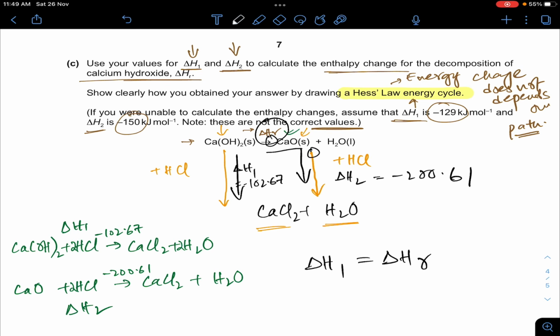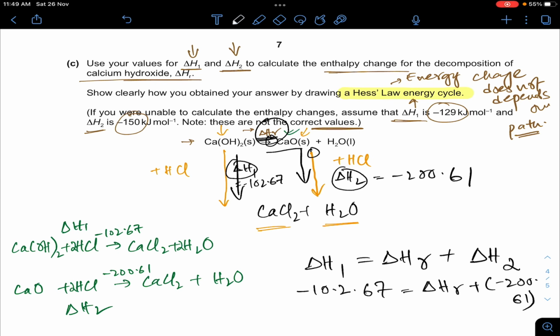So delta H1 is equal to delta HR plus delta H2. The value which we have for delta H1 is minus 102.67, which is equal to delta HR, this we have to measure, plus delta H2, which is minus